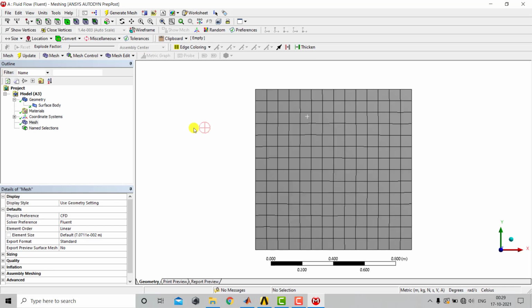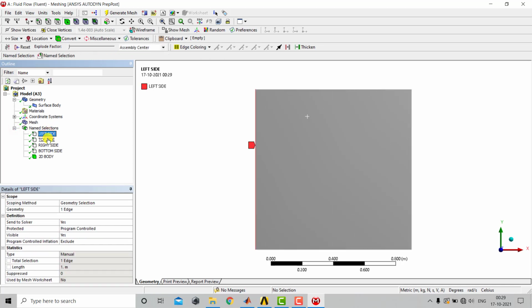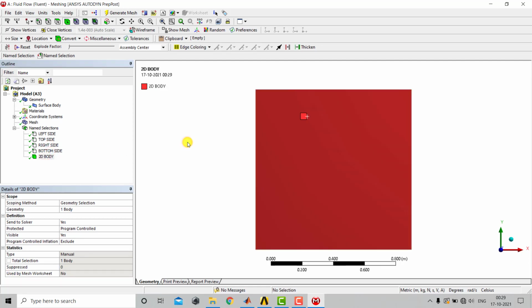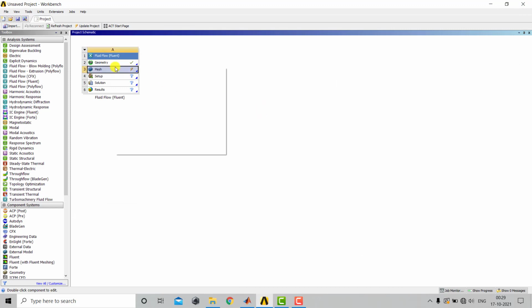In this section we have to create the mesh and give names to all the sections, and you can check it by clicking the names one by one. Now we'll close it, right click and click Update. The generation of mesh is nothing but the discretization of the domain that we covered in our second video.